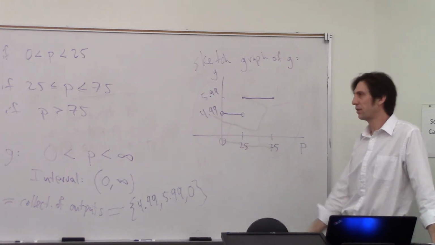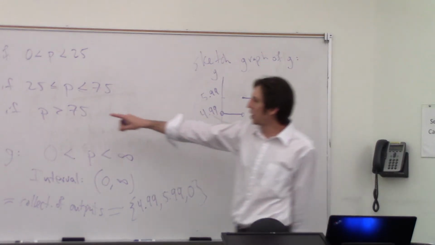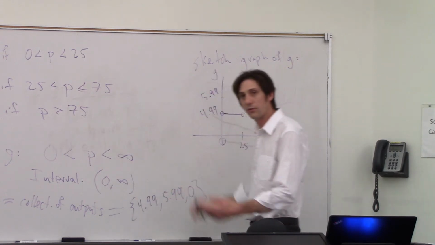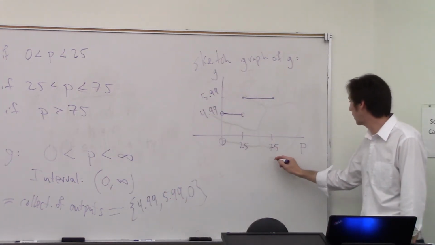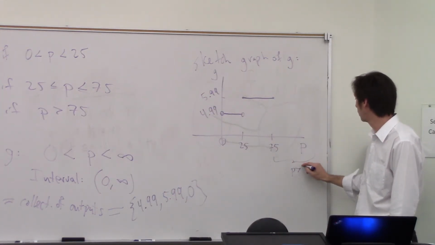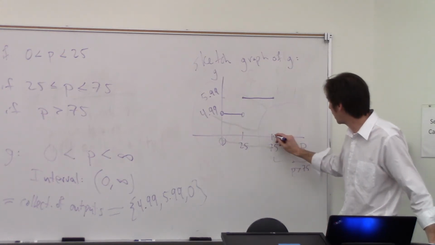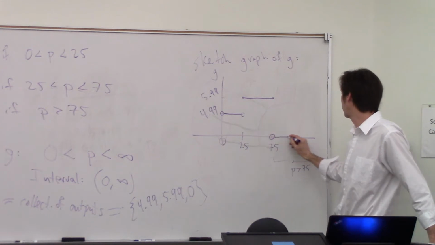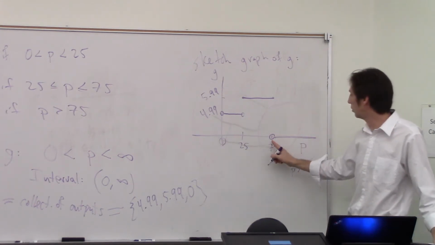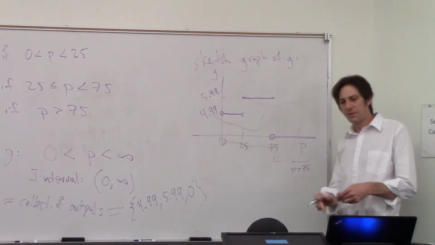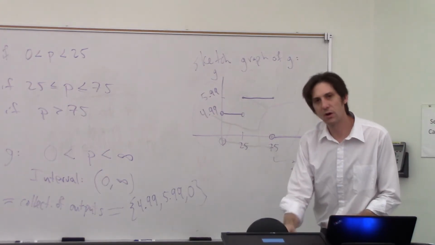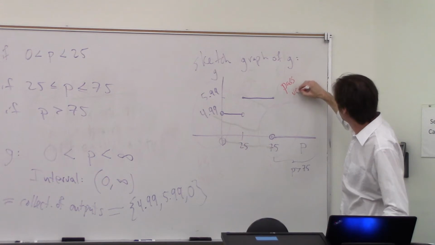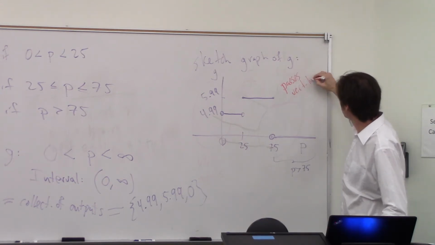The last part of the graph has a height of 0, and that's what the height is when p is greater than 75. So for these p values out here, where p is greater than 75, my height should be 0. Notice that I'm putting an open circle at 75 down below, because this graph has to pass something called the vertical line test for a function. This passes the vertical line test